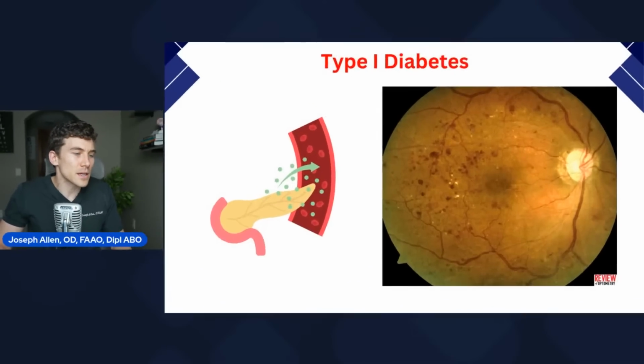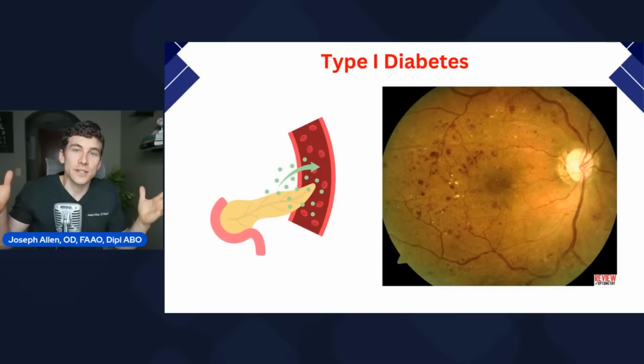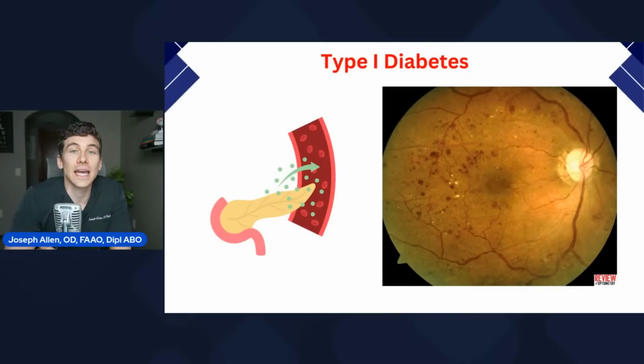I'm not going to go too in depth about diabetes and how it affects the eye, but it can cause vision loss. It can cause bleeding within the back of the eye that causes swelling, and it causes damage to the blood vessels. You're at increased risk of a lot of other eye diseases like cataracts and glaucoma. And ultimately, if it doesn't get treated or monitored, the bleeding in the back of the eye can cause fibrous protein release that ends up contracting, and that can pull the retina off the back of the eye. And then that's very difficult to treat, and patients do get permanent vision loss from that.